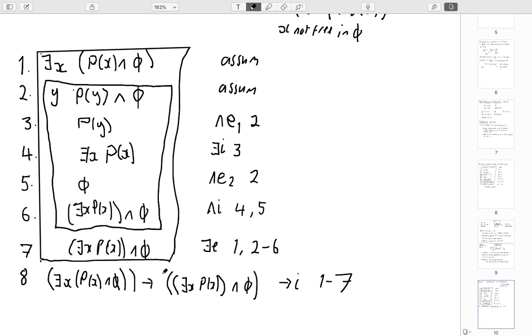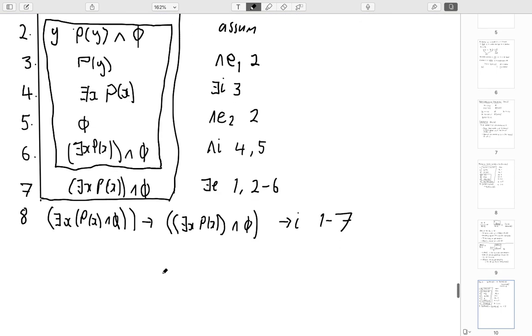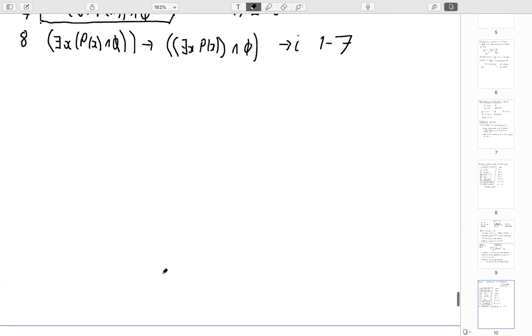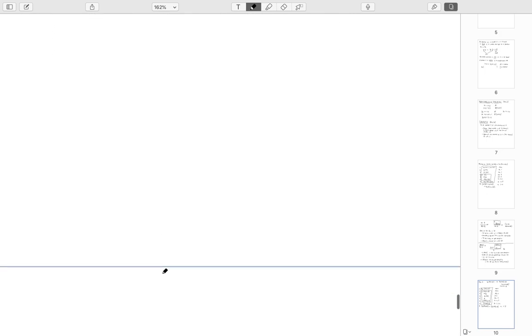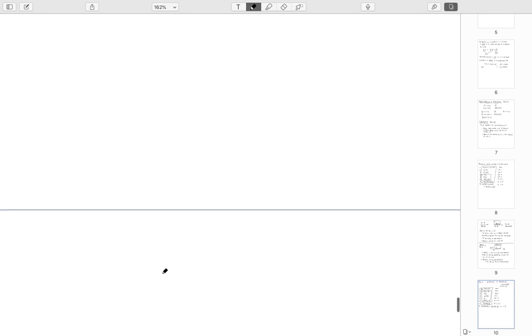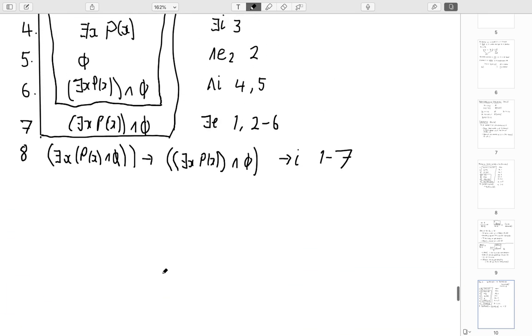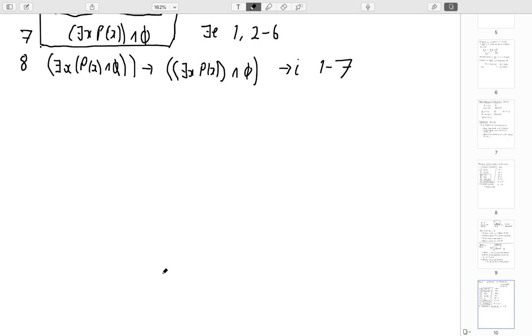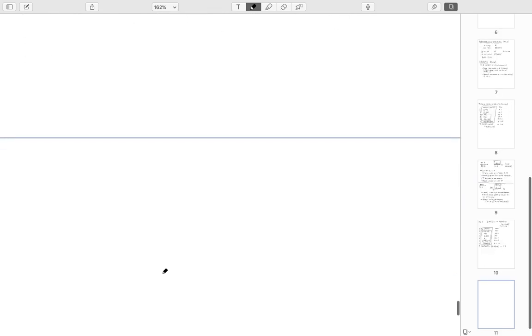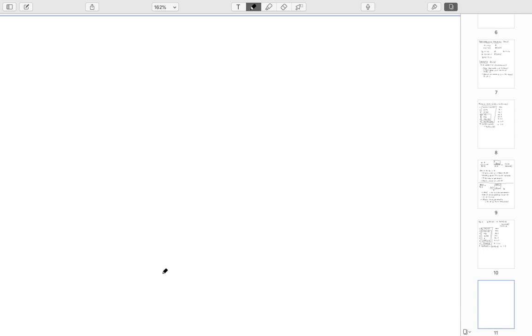Okay, so that is natural deduction for predicate logic. We're almost done, only there's one more thing we need a rule for, which is we're including equality as a logical symbol, and equality has its own rules for reasoning. So again, they're introduction and elimination rules, and let me introduce you to those. The introduction rule for equality